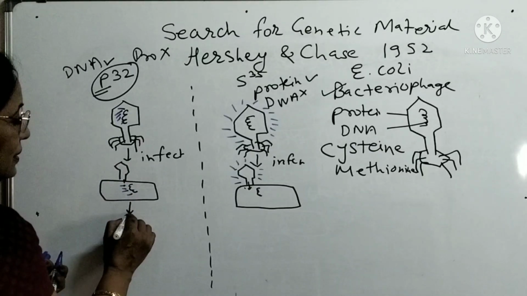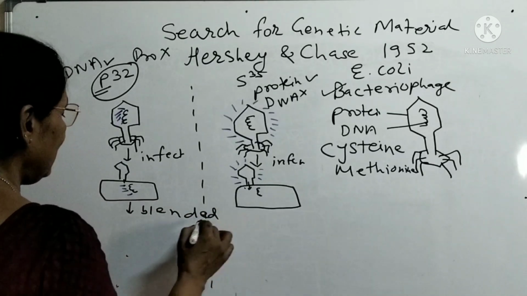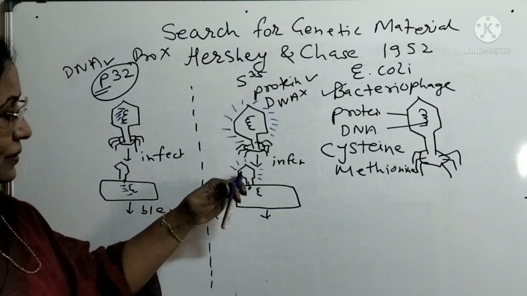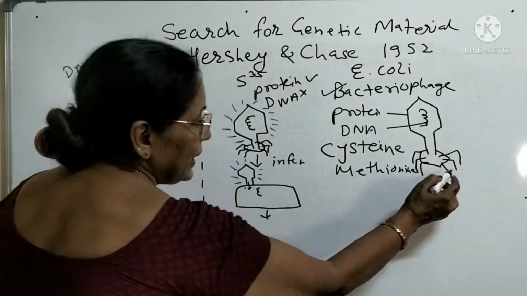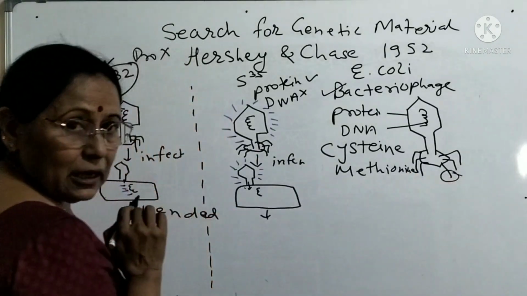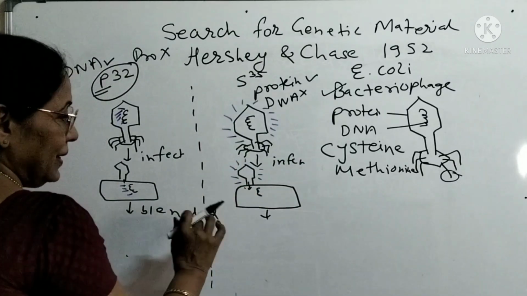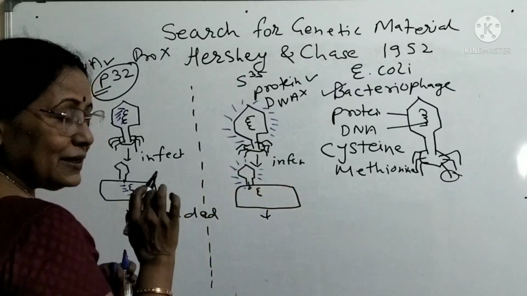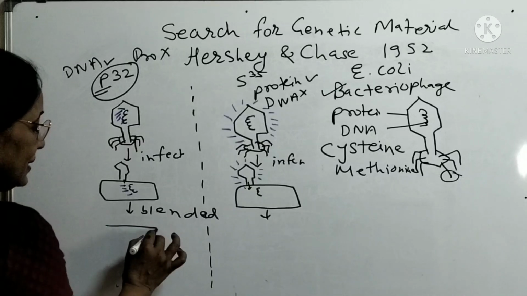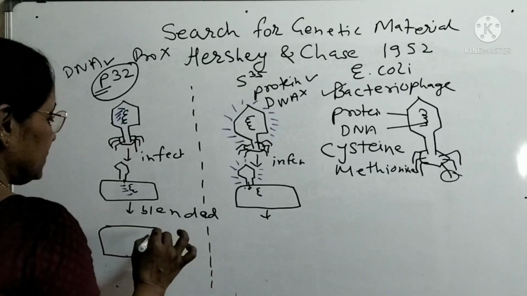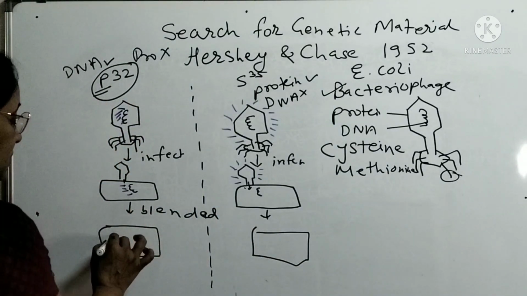Now, this is blended. Why? This is blended to separate. The bacteriophage is attached to the body of the bacteria with the help of these tail fibers, like a claw. So we blend it so that it gets agitated and separated from the body. After that there is centrifugation, and when centrifuged,